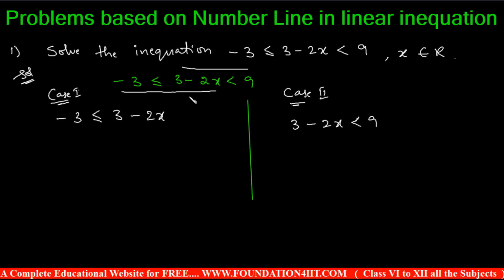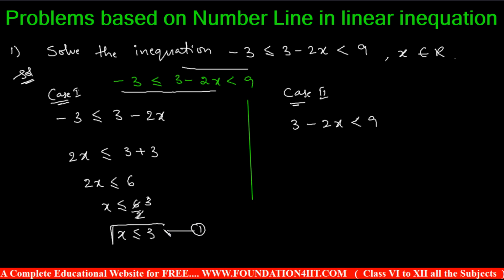First two and last two. First two, let us take and solve, and last two also let us take and solve. That means the middle will be repeated for both. Now take the x term. Minus 2x take to the left, it's a plus 2x, same, less than or equal to. 3 is already on the RHS. Minus 3, take to this side, plus 3. Okay, 2x is less than or equal to 6. Then x is less than or equal to 6 divided by 2. 2 is dividing, so from this, 2 ones are 2, 3s cancel. So x is less than or equal to 3. The x value is less than or equal to 3. Let this be equation 1.